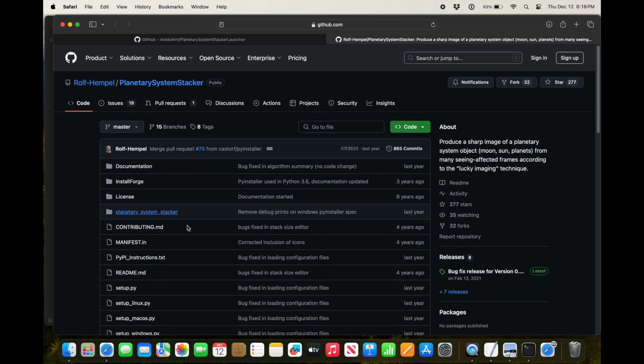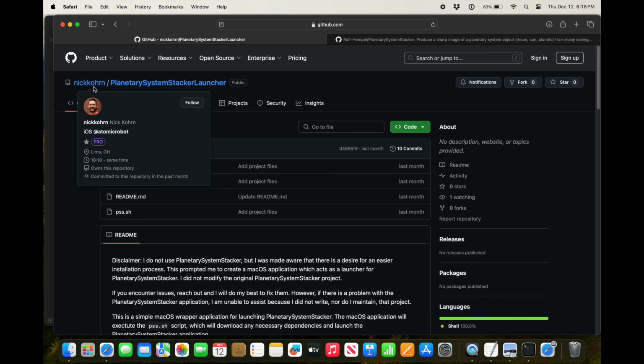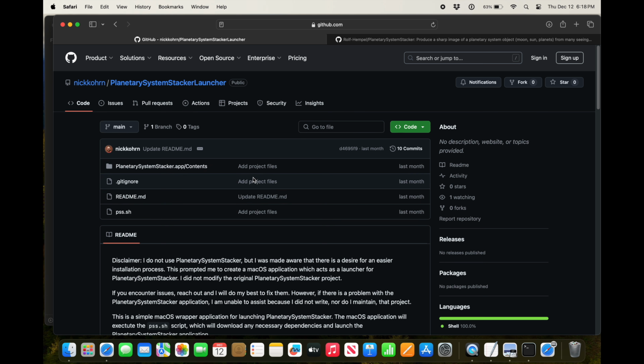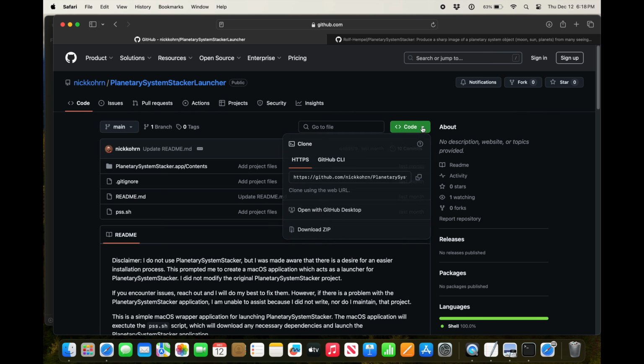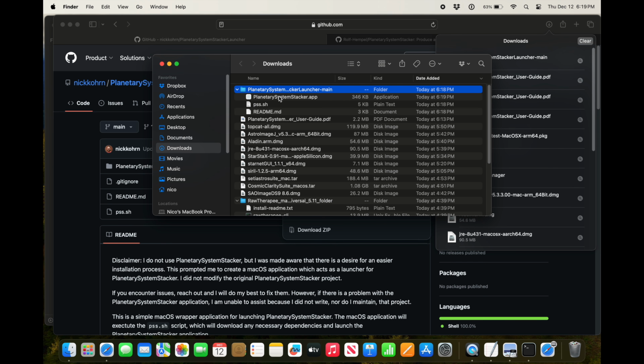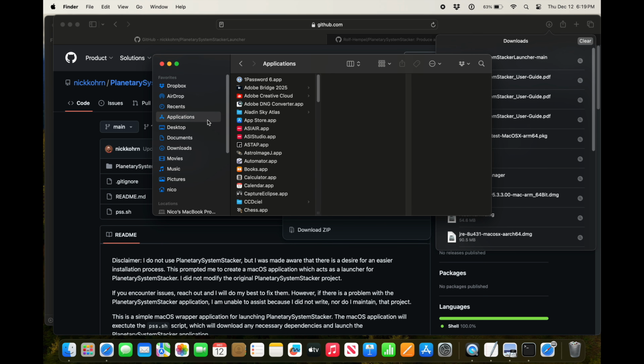Okay, for Planetary System Stacker, here's the original GitHub, but Nick Kern has already created a more convenient way to install it. So I would recommend going to his GitHub, and you can read the README if you want. If you click on code right here, then you can click download zip. And then right here in that folder is PlanetarySystemStacker.app. Just drag that into your applications folder,